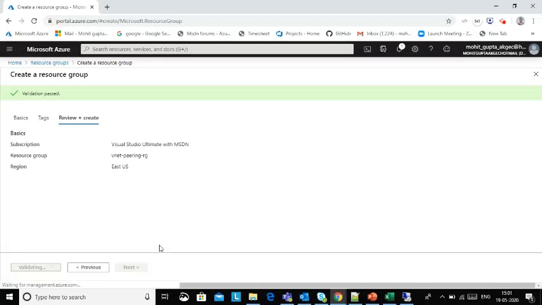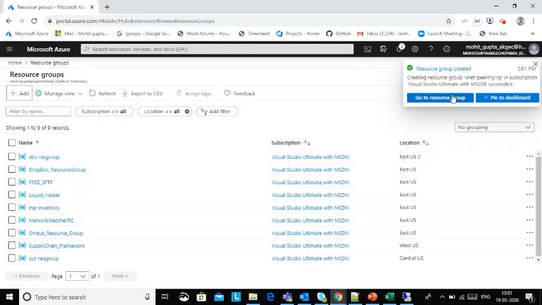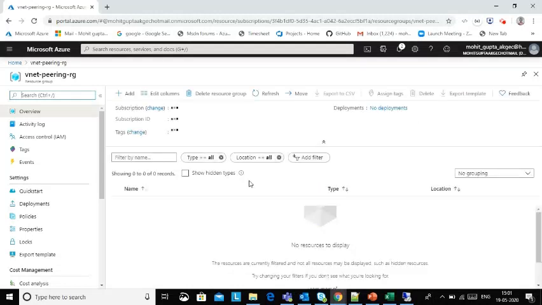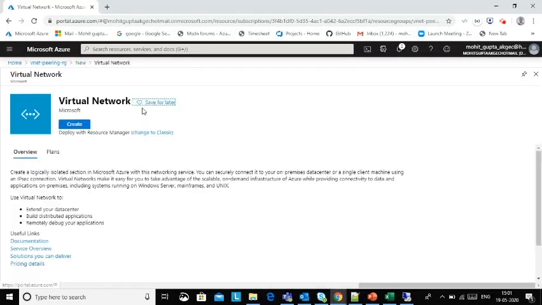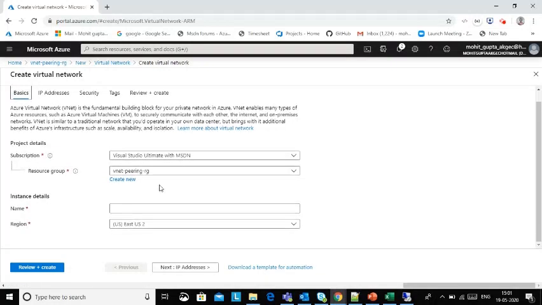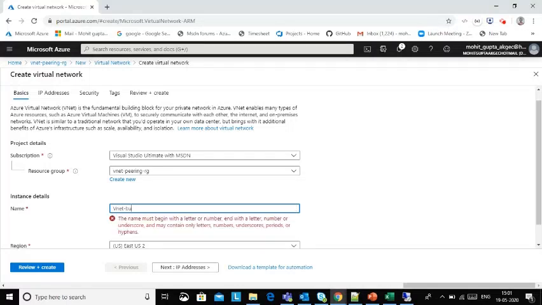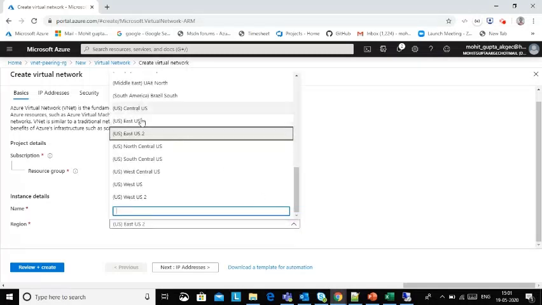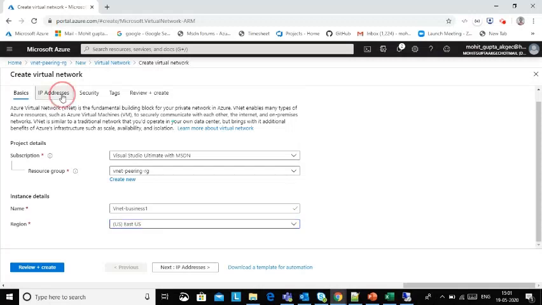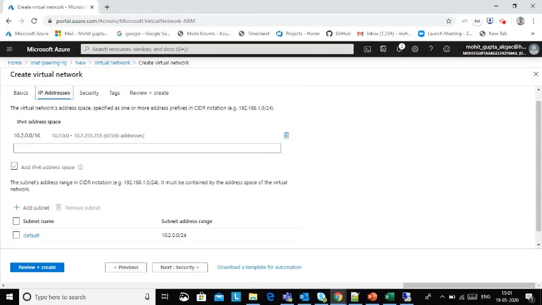Then I'm going to add two virtual networks in this resource group. I'm selecting the region as East US, and these are the IP address allocations for the subnet.